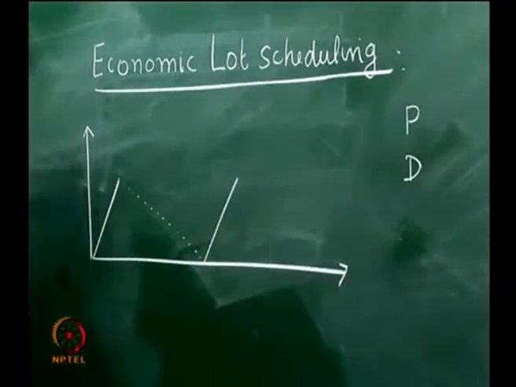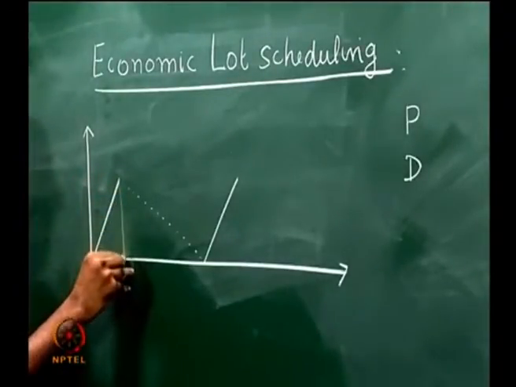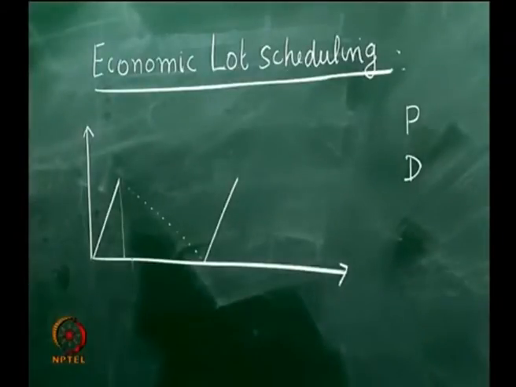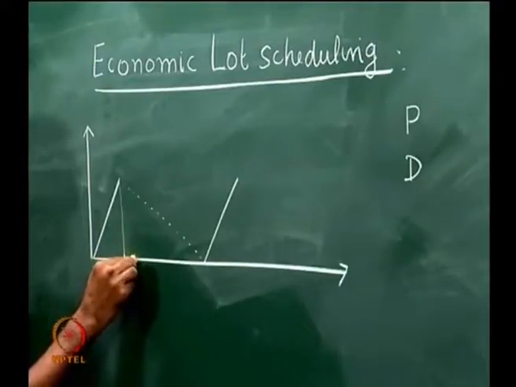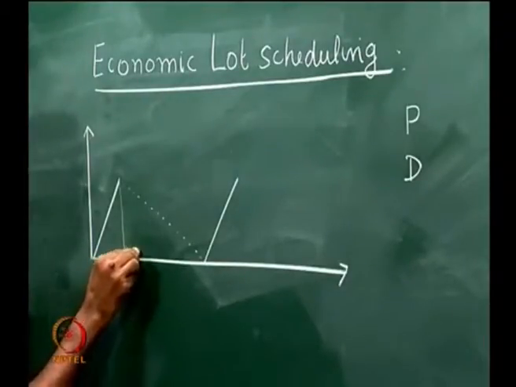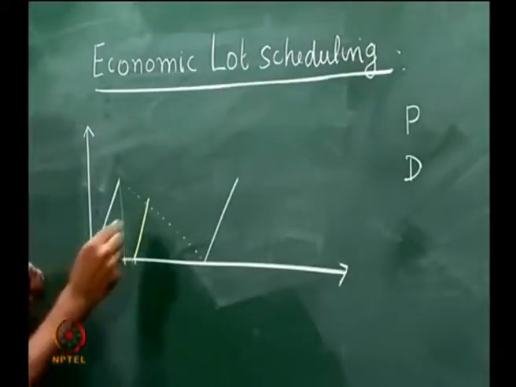We also said that in between this period, when we do not produce this item, we may produce another item, which we are going to show by the yellow color, which is item number 2. And we also said that there has to be a certain changeover time between the end of this and the beginning of this. So, let us say we have a small changeover time here, and then the yellow begins. Let us assume the yellow is produced up to this period, and then inventory is built up.